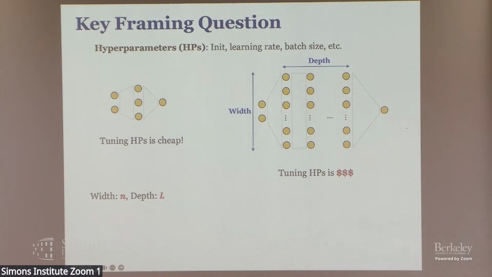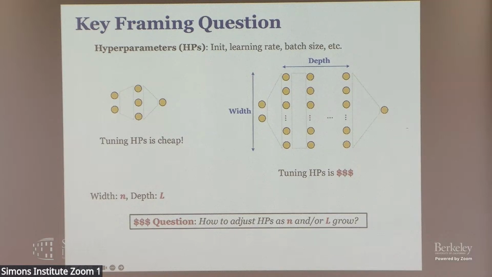Now, regarding the efficiency question I asked at the beginning, I'm going to ask a more specific question: can we find a way to adjust these hyperparameters as we grow model scale, the width and depth? As I mentioned, it becomes more expensive to do the full tuning with scale. So can we find a way that tells us roughly where the hyperparameters should be, what's the range for the optimal hyperparameters?